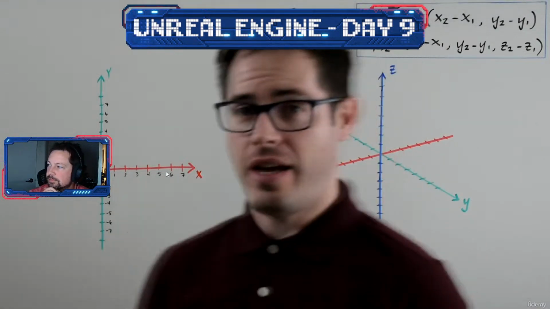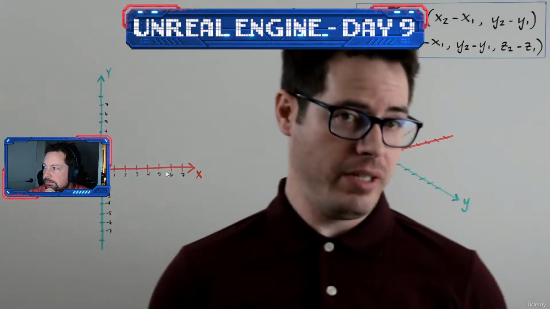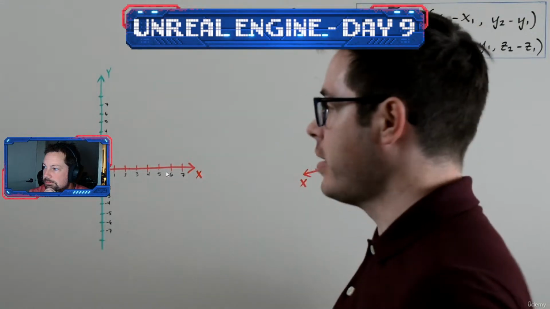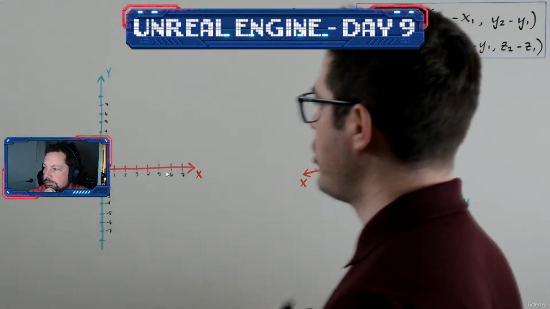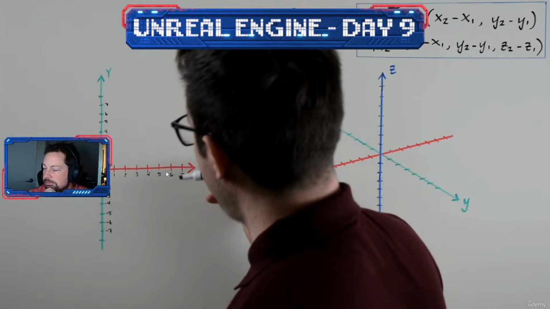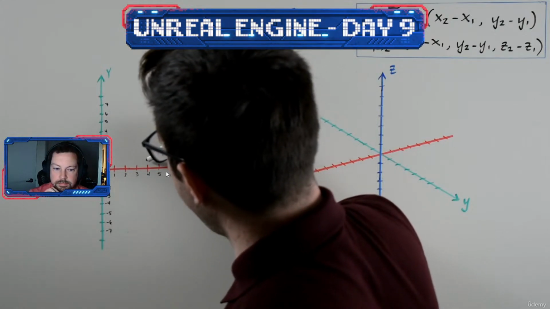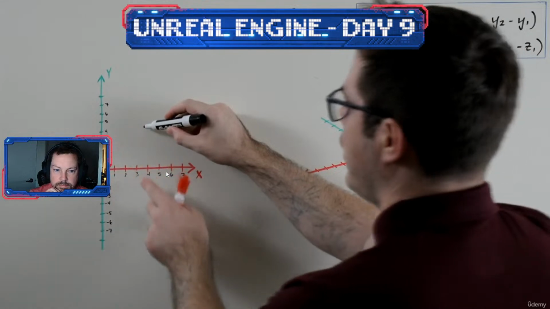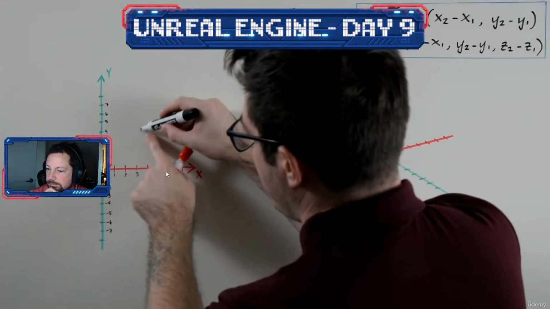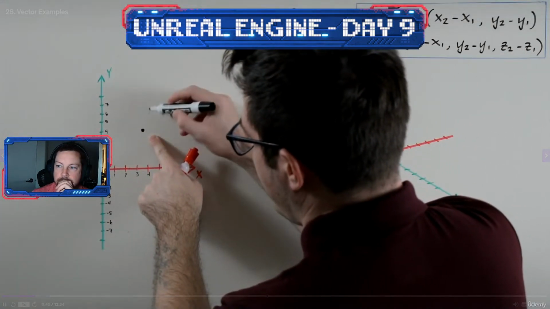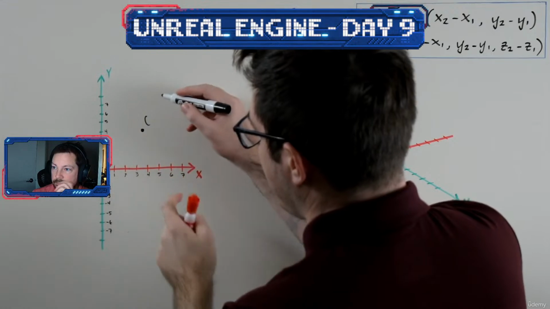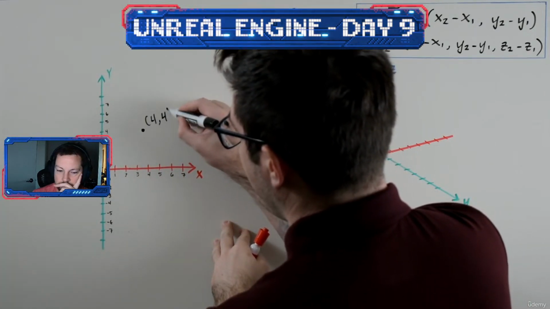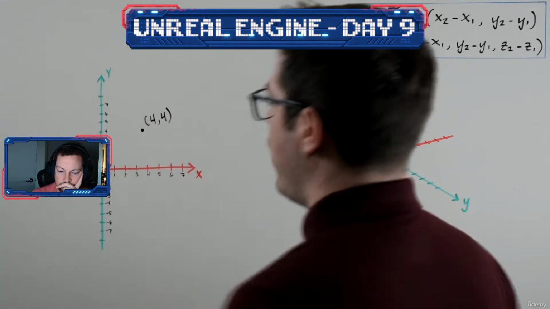Now let's say that we have a character and an enemy. And our character has two-dimensional coordinates here on the two-dimensional xy plane. Let's say that the character's x coordinate is 4 and the character's y coordinate is also 4. So if we draw the character's location here on the xy plane, its xy coordinates are going to be 4, 4. Okay? Now, let's say that we